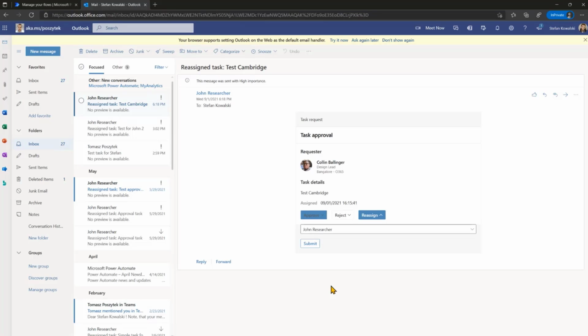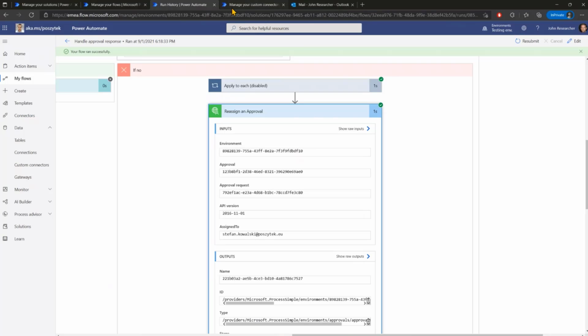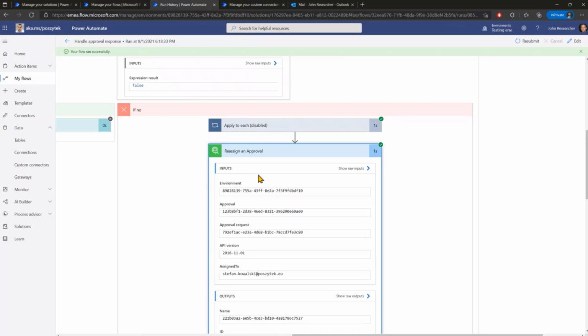I heard rumors that this is somewhere on the roadmap, that this will be delivered maybe this year, maybe next year, although this is still something that I guess many of us are waiting very, very badly, and it's still not there. So instead of doing this kind of reassignment using those endpoints, because it's really not flexible, what I can propose is to, for example, use Power Automate desktop actions.